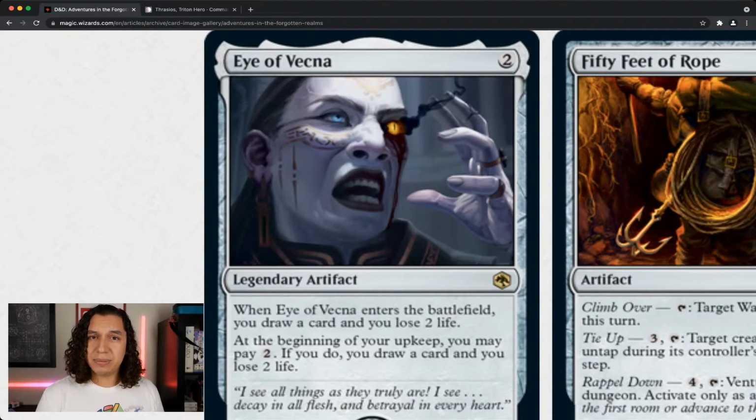I think even green might be able to benefit from this because so far as reoccurring card quality is concerned, it's really just Sylvan Library. You have Mary's Guile for card quality, but it's not putting cards in your hand. It's just simply letting you scry 3. This is okay. Obviously, you can't kick the cards to the bottom of your library. It's not necessarily scry. Don't listen to me. Eye of Vecna's fine. It's the only